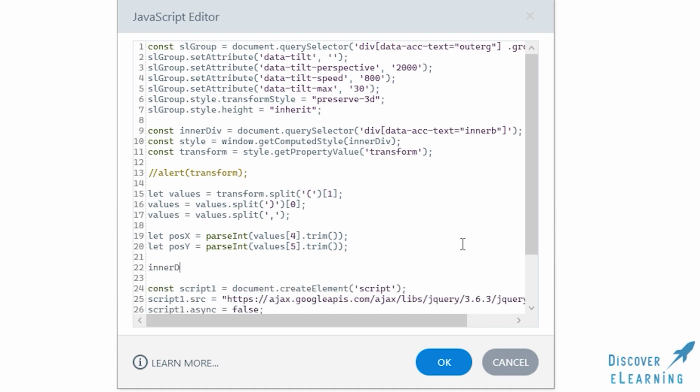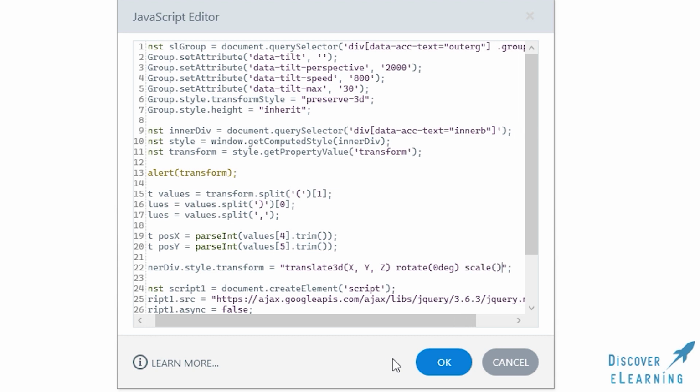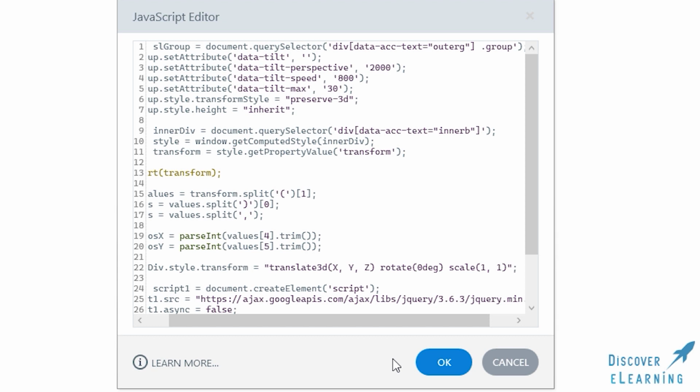Let's start with a boilerplate line of code by typing innerdiv.style.transform equals translate3d XYZ in brackets, rotate 0 degrees in brackets, and scale 1,1 in brackets.